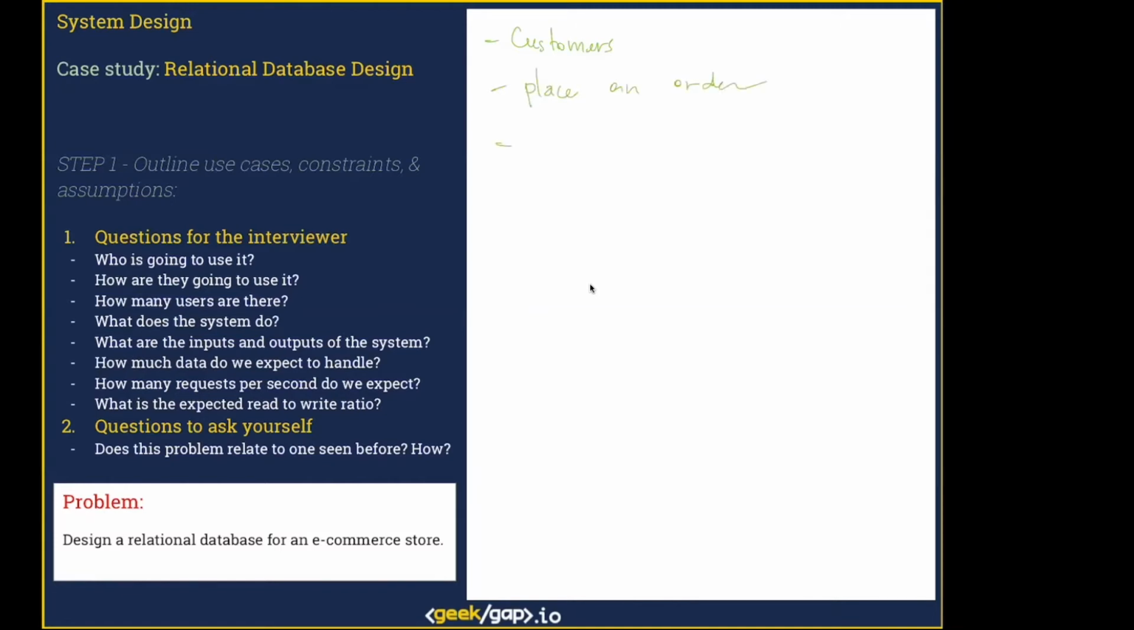What else? List the products, search the products. What else? Choose the delivery method, choose the delivery address, and you can go on and on, but this is how you're asking questions to the interviewer about what